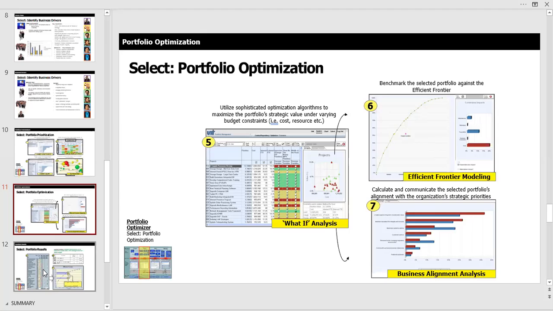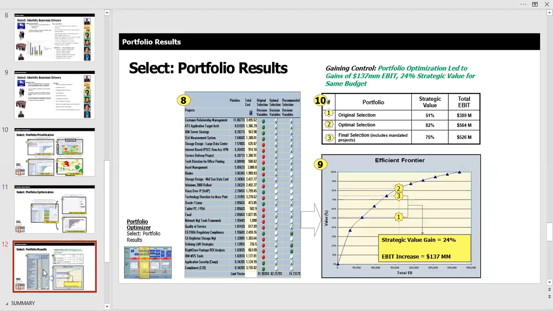This is it right here. This is the kind of the pinnacle of what a business analyst does, is they do portfolio optimization based on all of the work that they've done in their career to get to this point. Okay, which then once you've identified, and then you kick off your projects and you start to actually do the work, then what happens is you start to accumulate the results, and hopefully